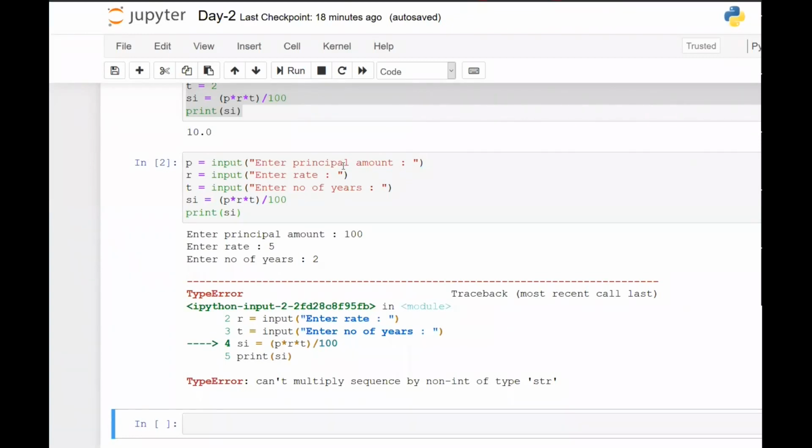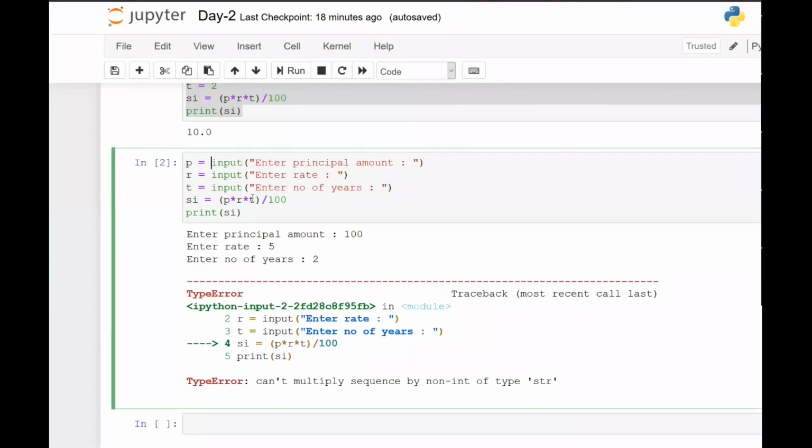To do that, if you remember, I was discussing typecasting. So I have to specify here, I just need to say int of this value. So whatever the user is entering, if possible to convert it to a number, please treat it as a number. That is what I'm saying to the computer, okay? Let's say the user enters the value A itself.